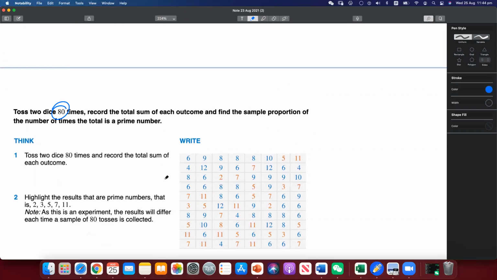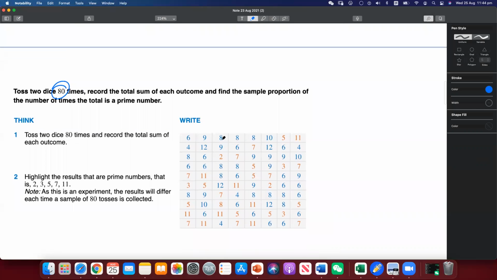as I mentioned last lesson, in your year 12 exam, you're not going to be tested on generating data. So in this section, the textbook is kind of assuming you generate a group of data. But for me, I think we just use the data they have generated. So here, that's a set of data that the textbook has generated for us. So 80 times. And in this table, we can see the prime numbers have been colored